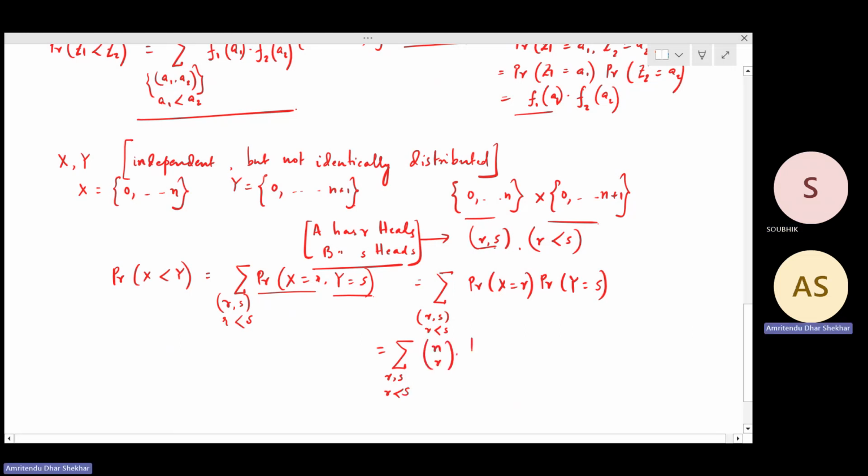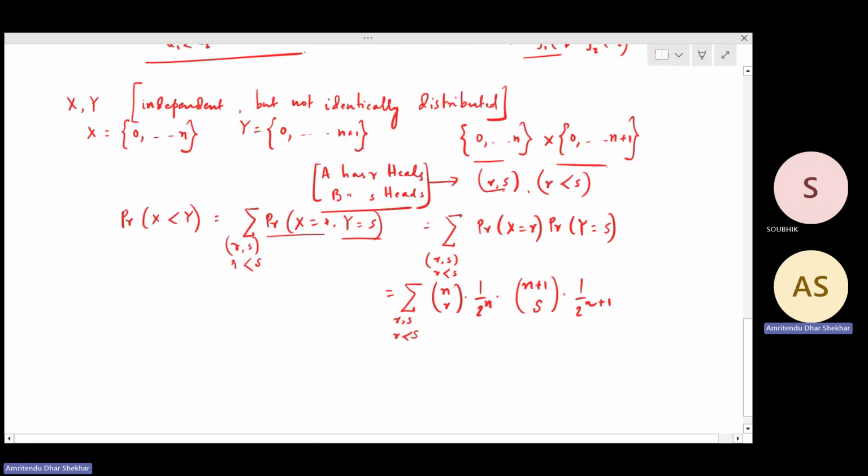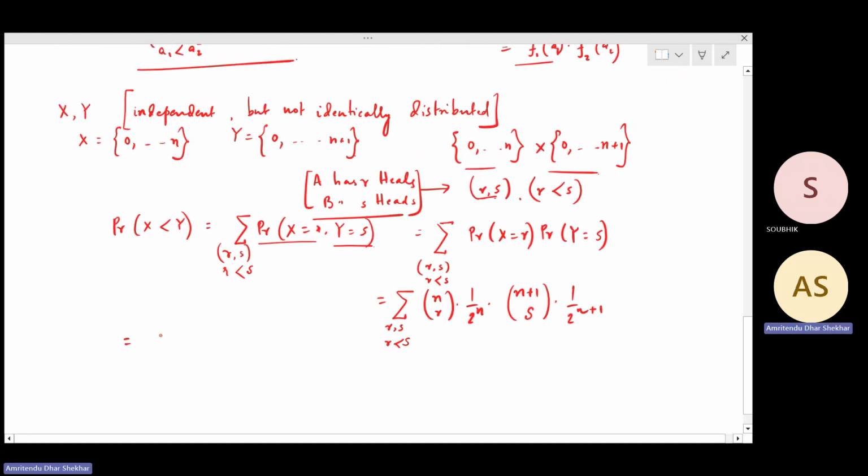Similarly for y it is n plus 1 C s times half to the power n plus 1. So this comes out to be equal to 1 over 2 to the power 2n plus 1